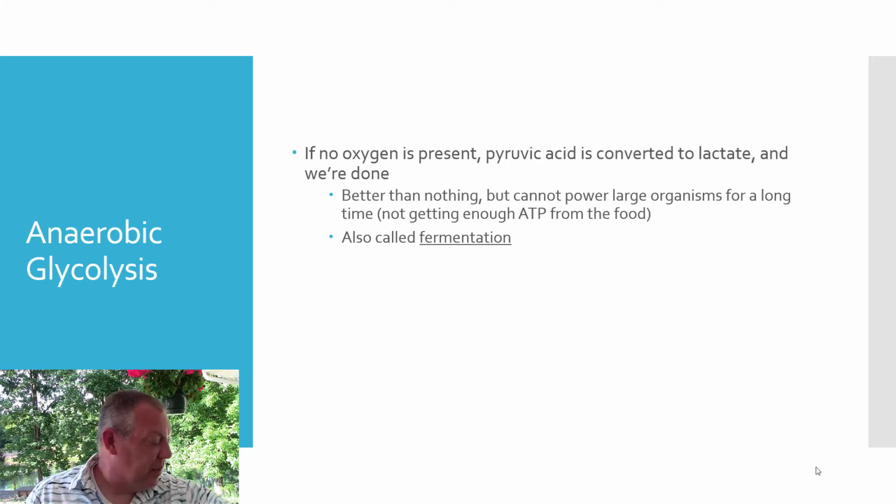So we said that glycolysis does not require oxygen. So this can take place whether there is oxygen or not. If there's no oxygen present, that pyruvic acid gets converted to something called lactate, and then we're done. And lactate is not used for anything else. And so we only get a couple of ATPs out of it, and it's better than nothing. But this is not enough energy to power large organisms. And so that's why,